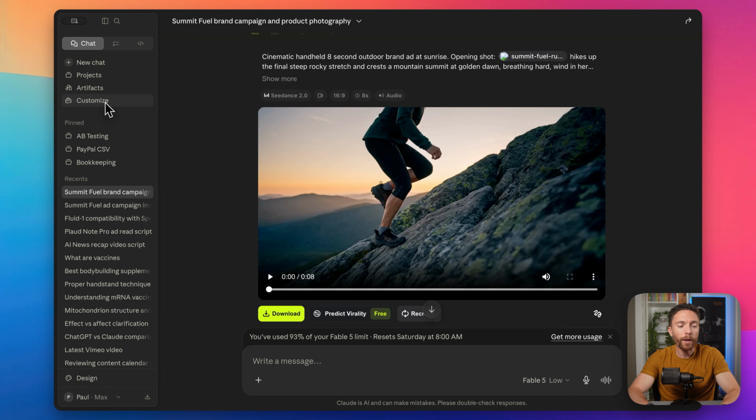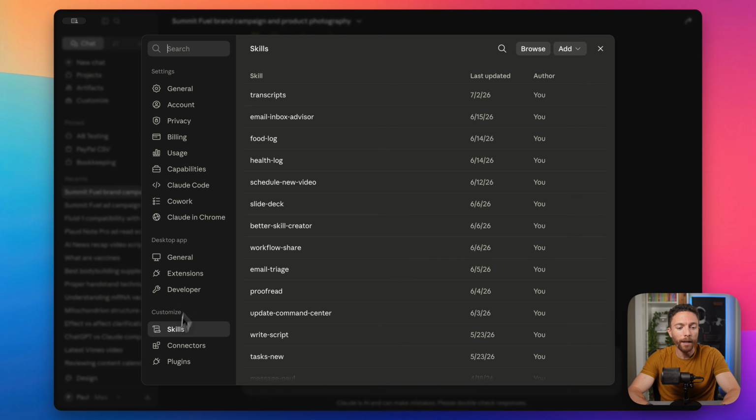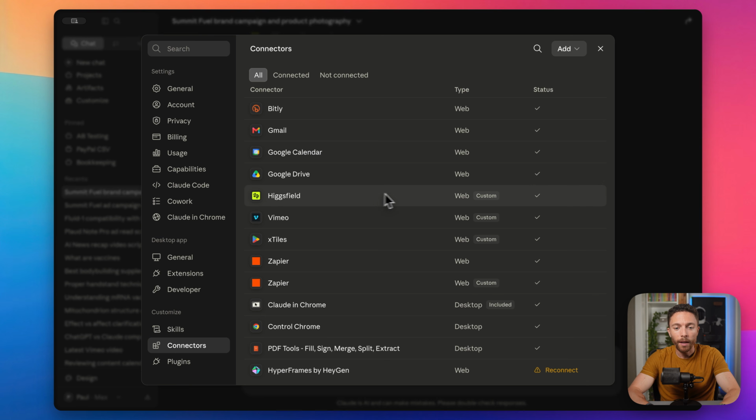The problem is Fable 5 is expensive, and that's why the connection with Higgsfield is great, because Fable 5 isn't the one generating the images and videos. It's just coming up with the prompts, which is actually pretty simple for it to do, and then feeds it over to Higgsfield. If we come back over to customize and come back over to our connectors and specifically look at the Higgsfield one,